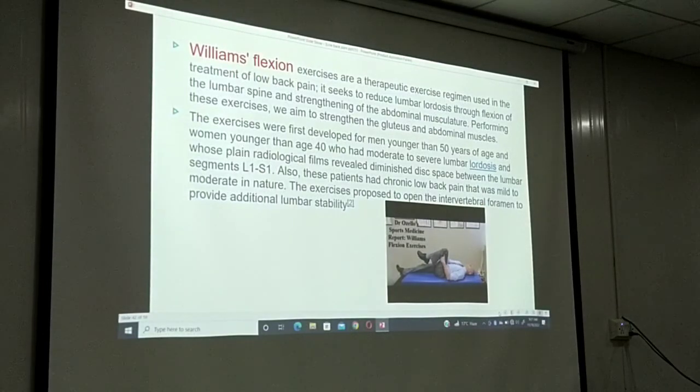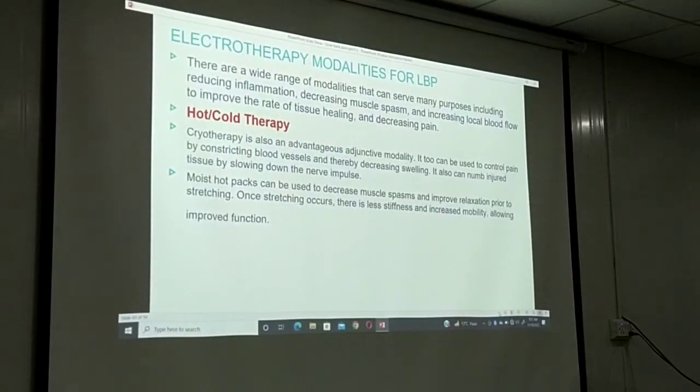The exercises were first developed for men younger than 50 years of age and women younger than 20 who had moderate to severe lumbar lordosis and whose plain radiological films revealed reduced space between the lumbar segments L1 through S1. Also, these patients had chronic low back pain that was mild to moderate in nature. The exercises were proposed to open the intervertebral foramen to provide additional stability. हमारे पास यहाँ couch नहीं है, वरना मैं practically demonstrate कर लेता।